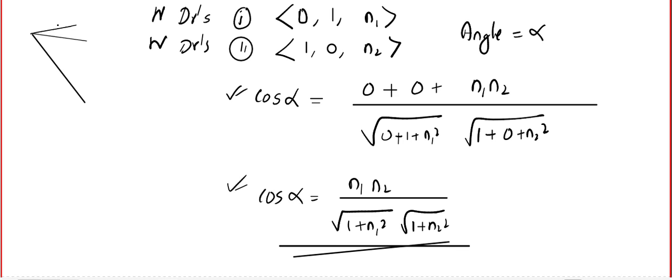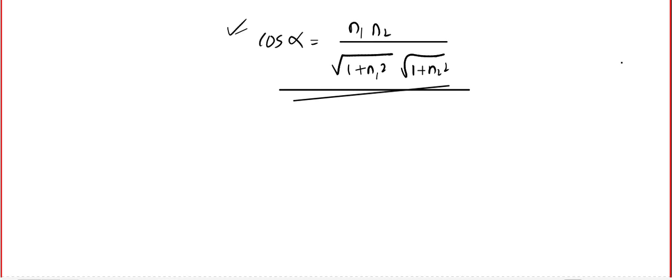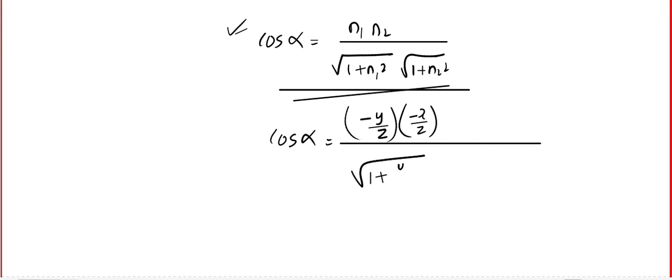Now we have hundreds and hundreds of lines. Together they form the cone. So what we do is we have to get rid of the quantities that we introduced, like I told you in the last few videos. So what is n1? n1 is minus y by z, right? And n2 is minus x by z. So let's plug it here. So we get cos alpha equal to minus y by z multiplied by minus x by z, by root under 1 plus y squared by z squared, root under 1 plus x squared by z squared. Now you can